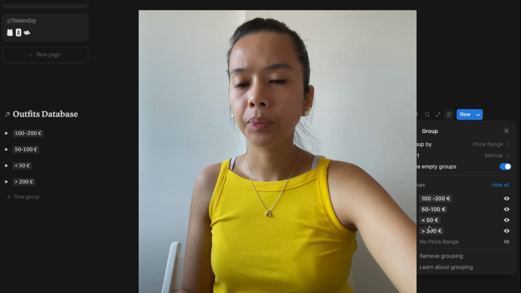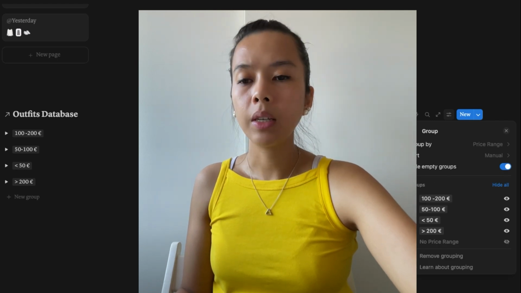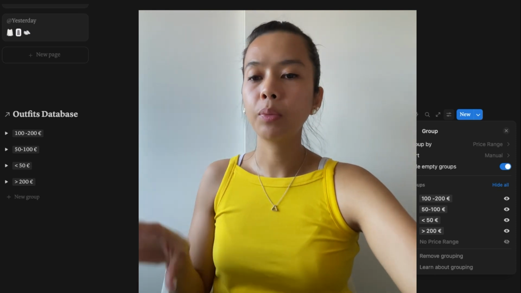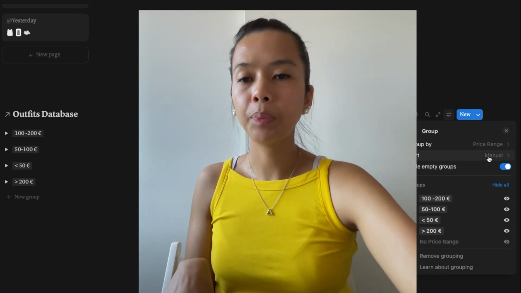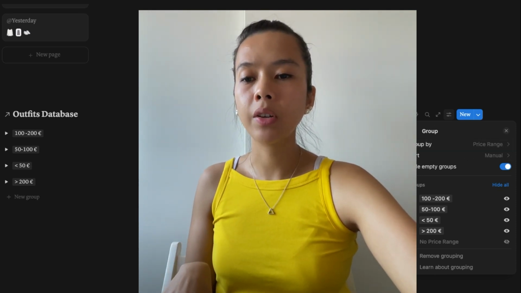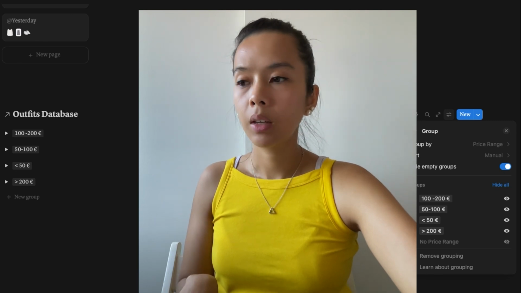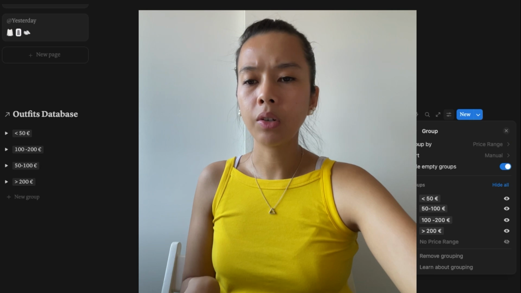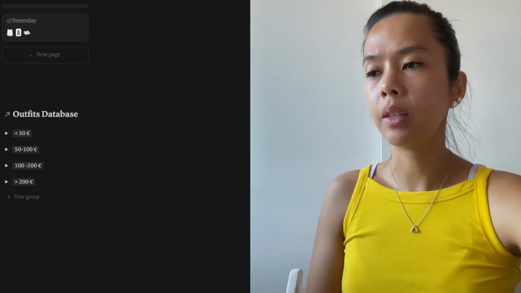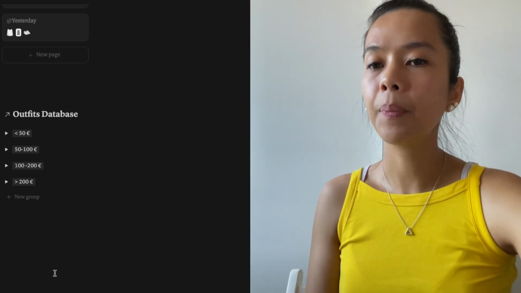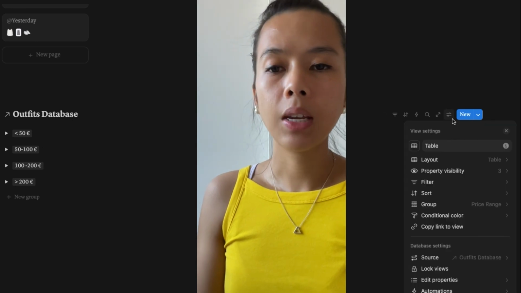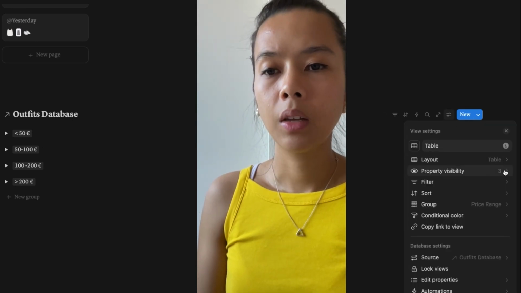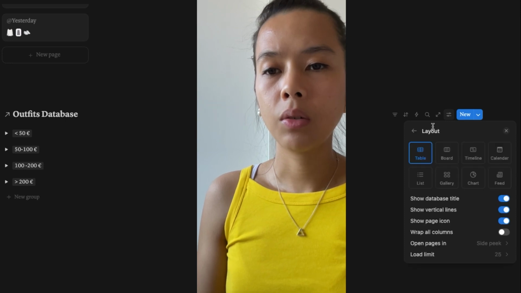Group this way, so it is here. To organize the order of the prices, you guys go to group, and it's group by price range, and here you can drag, which is below 50, 50 to 100, and then yeah, that's it. I like this view better. Right, and we're going to create another view. So layout,